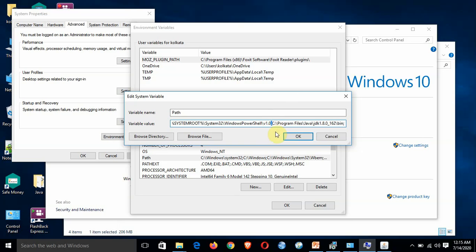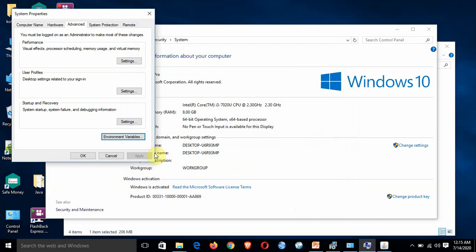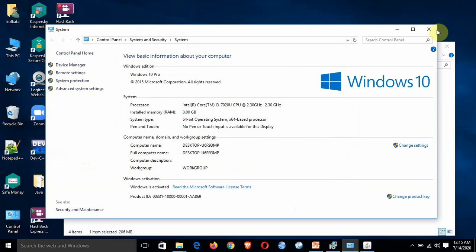Before it I have put a semicolon here, and after writing the path I have put another semicolon so that if anything needs to be added, it can be added later. So it is the path of your JDK bin, within which I have got javac and java. So whenever you try to compile or run it, or you are going to call the programs within the JDK, it will be made available to you automatically. So that is the idea. So now I have set the path environment variable.